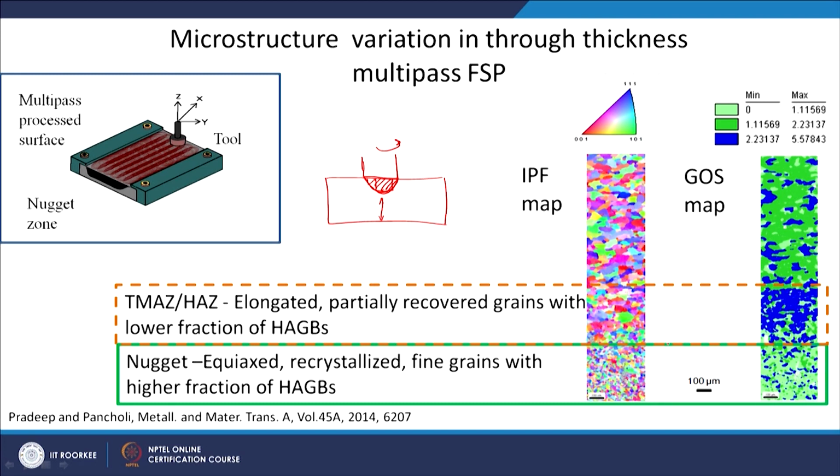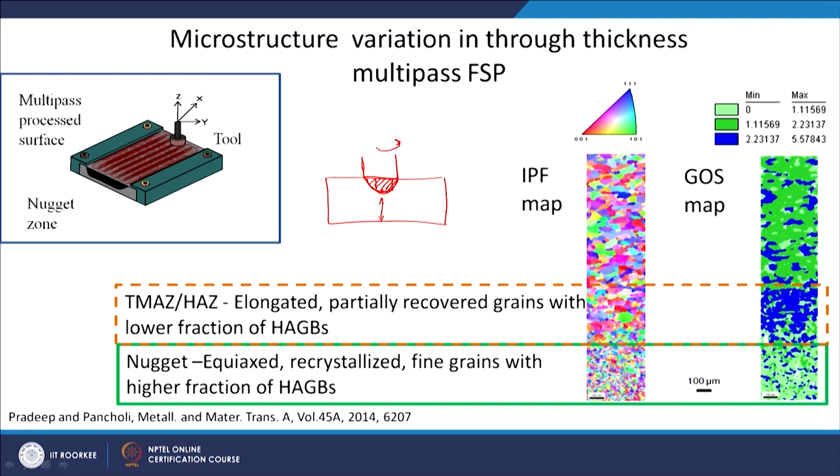Where the nugget is, up to the pin length. These are very long scans. You can see that the scale is 100 micron. So, in this direction the thickness must be around 700 to 800 micron or so, up to maybe 1 mm length. If you see up to where the pin is going, the grain size is refined.